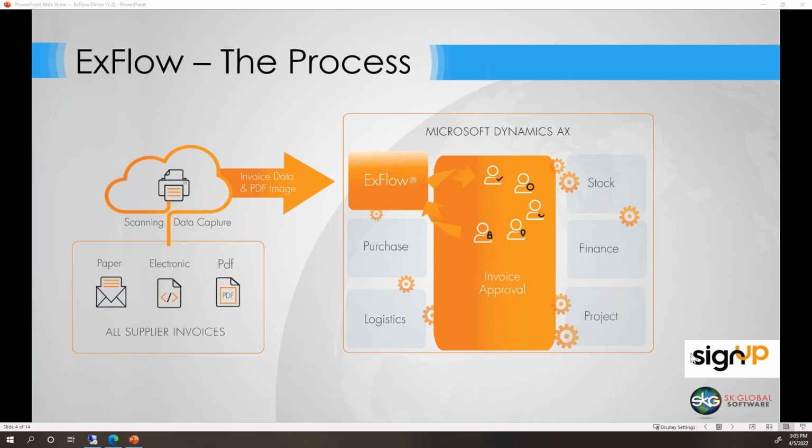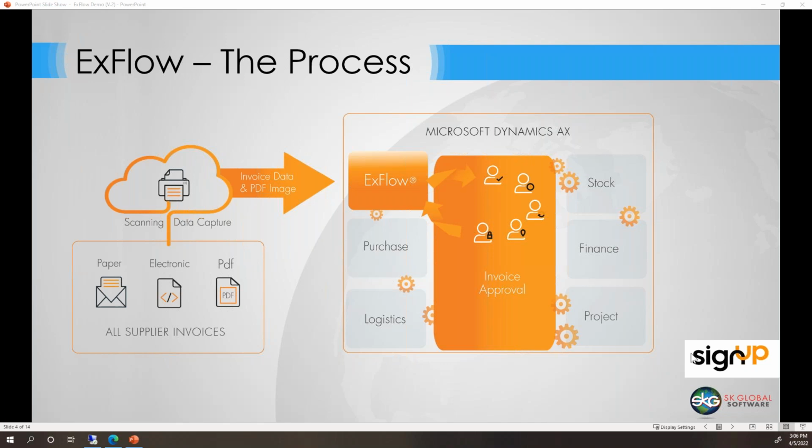So we'll start with one slide, and this is going to be the process or the solution at a high level. So today you are receiving invoices in some manner. We see most people are receiving those via email, through regular mail, some not as common, but we also do have some people that are having electronic or EDI invoices. The OCR, which we'll see in just a second, is going to capture that invoice image and convert it into data. And then the invoice data will be sent as an XML, and the invoice as a PDF into